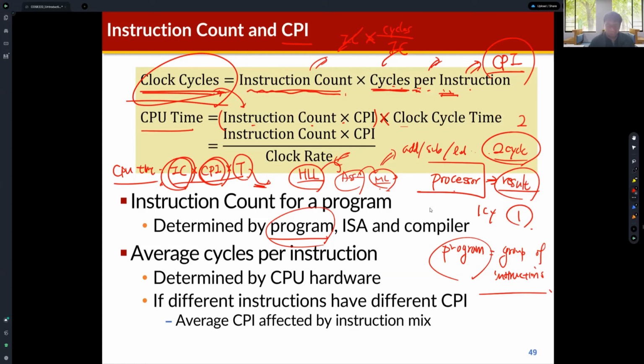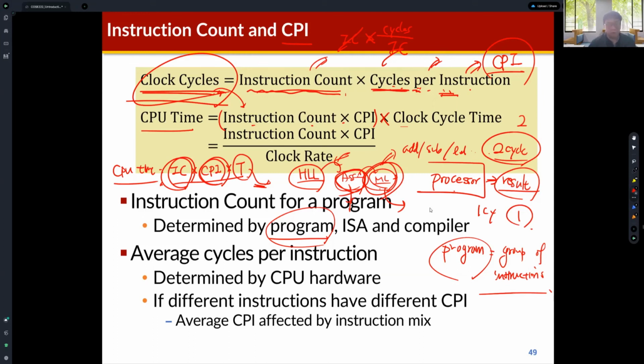So actually, the computer processor receives the machine code, and each line of the machine code is mapped one-to-one to each line of assembly code. So the number of instructions given to a processor is usually... Sometimes we can use some different syntax in assembly code, but usually the number of instructions in a program is equivalent to the number of lines of